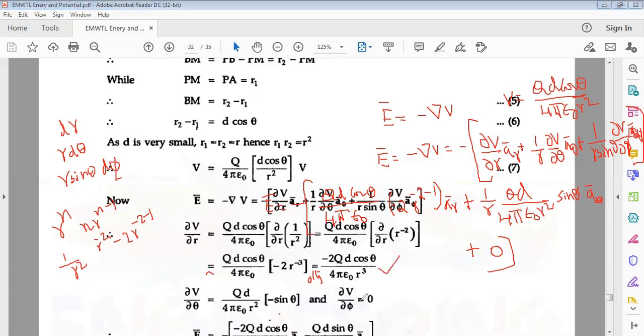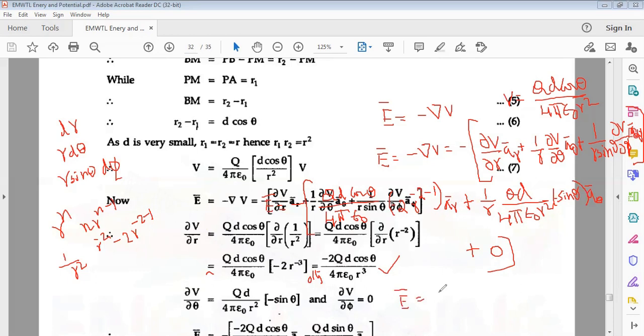And the second term is q d by 4 pi epsilon naught r square, and because cos theta gives minus sin theta, minus sin theta is there. And dou v by dou phi is equal to 0. Substitute all this. We get r into r is r cube here. So the E bar is equal to,